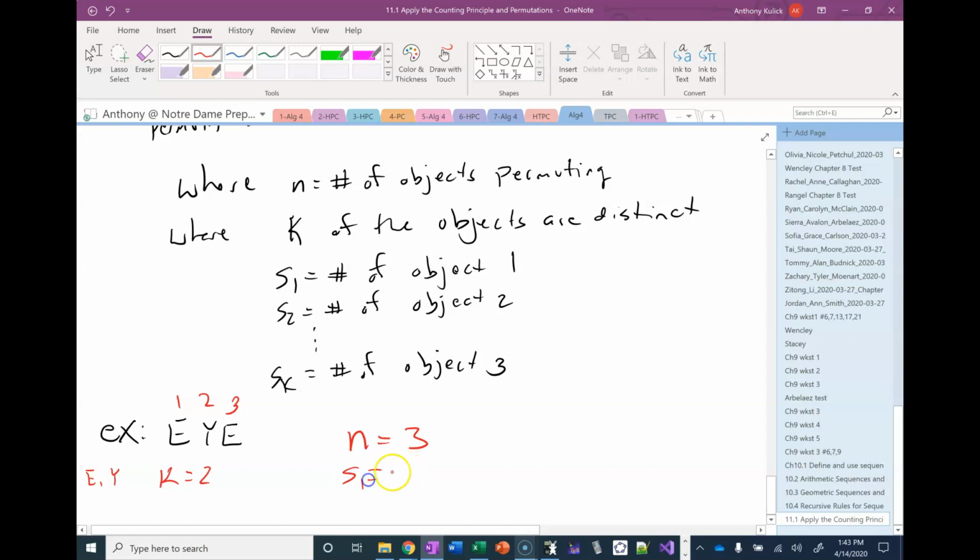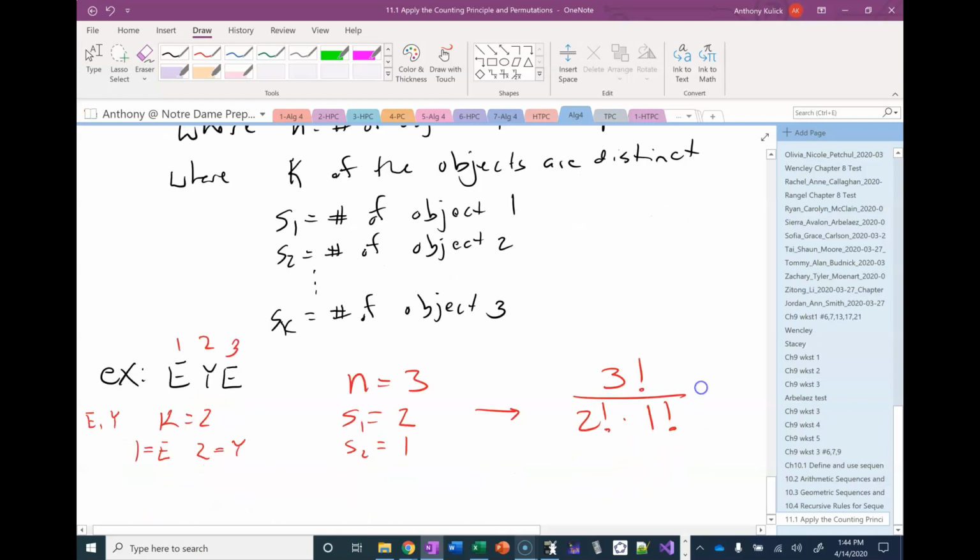So s1 could be, we'll say 1 is representing E and 2 is representing Y. s1 is 2 because E occurs twice, and s2 is 1 because Y occurs once. So I can say then I have 3 factorial over 2 factorial times 1 factorial,